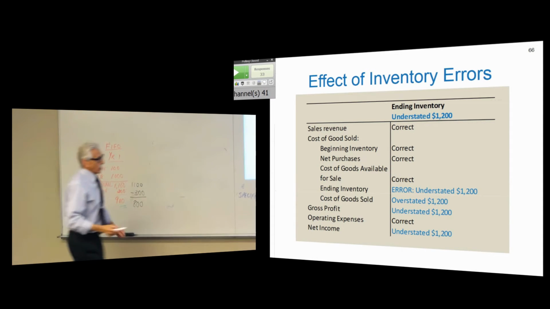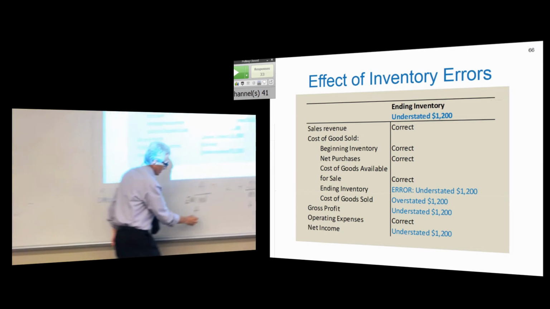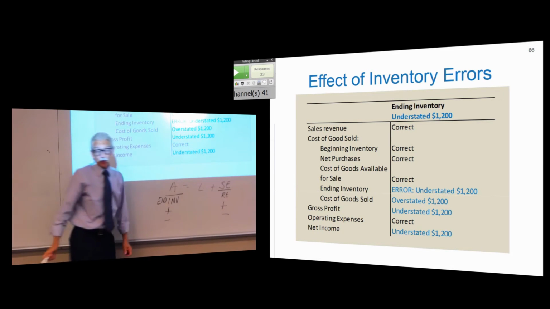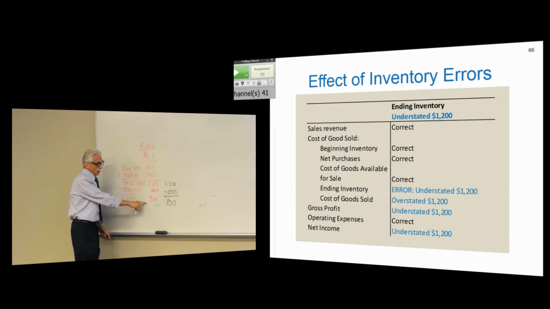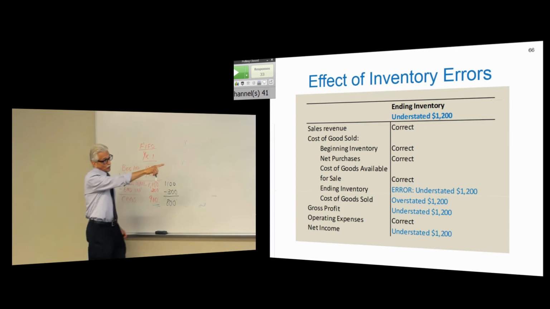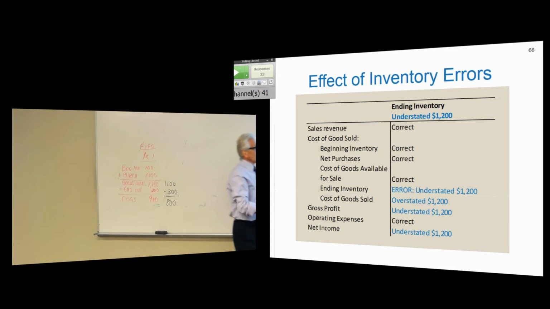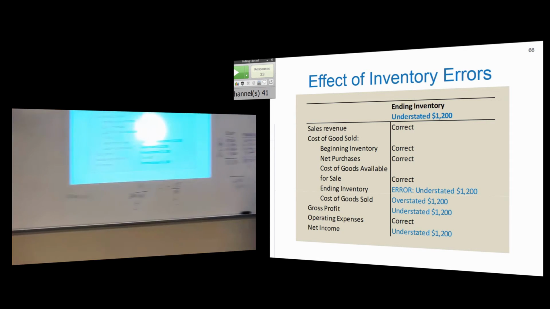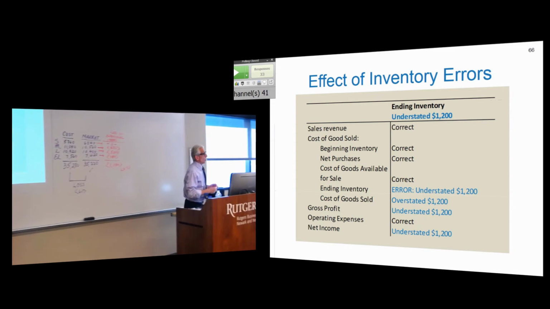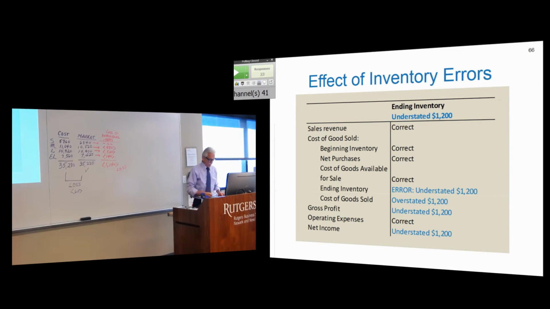If the inventory is lower, as it is here, it's going to give you a higher cost of goods sold and lower profit. That's what you're seeing here. If you understate inventory, you overstate COGS, understate gross profit, and understate net income. So basically, there's a direct relationship between ending inventory and profit. And you can see it on the equation. The higher the ending inventory,